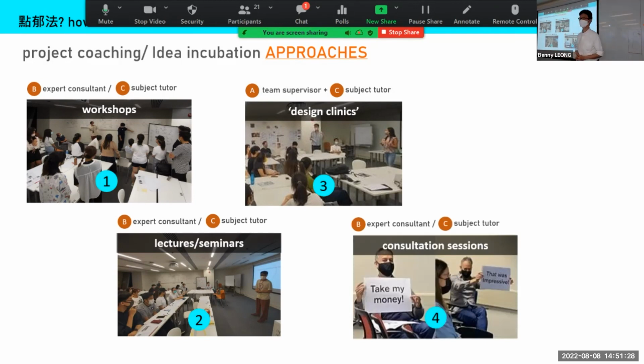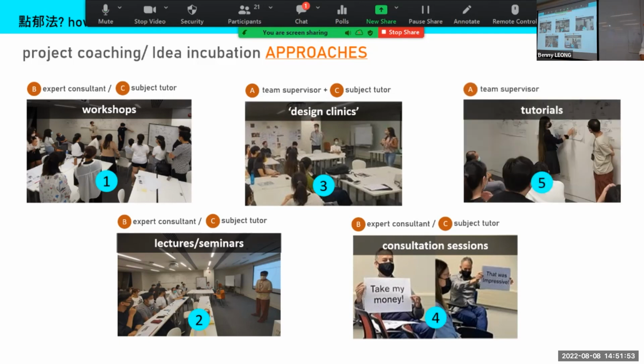The consultation session, and you guys are seeing it here. I love this picture. He sent me one on WhatsApp. So it's not only about the subject tutor, right? As I said, subject means the design discipline-specific subjects. Those tutors will help you out, but there will also be outside people, right? If there's a technical issue or a business issue. Lastly, your team supervisor will always take care of the team, of course. So there's some sort of tutorial related to your projects that the team supervisor will do.